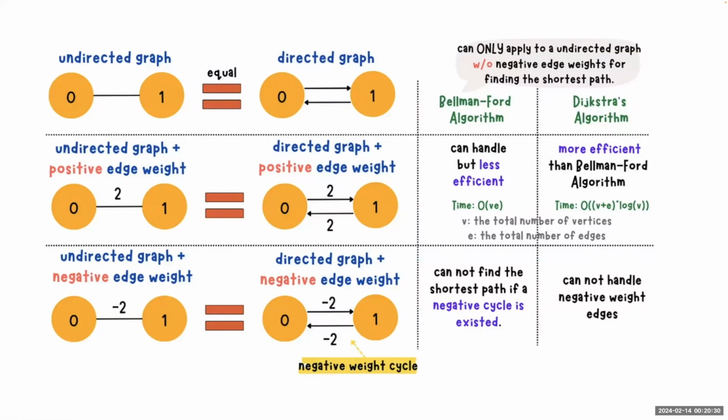So let me compare the Bellman-Ford algorithm and the Dijkstra algorithm. Bellman-Ford can apply to a graph with negative edge weights for finding the shortest path. The Dijkstra algorithm is more efficient, but it cannot handle the negative